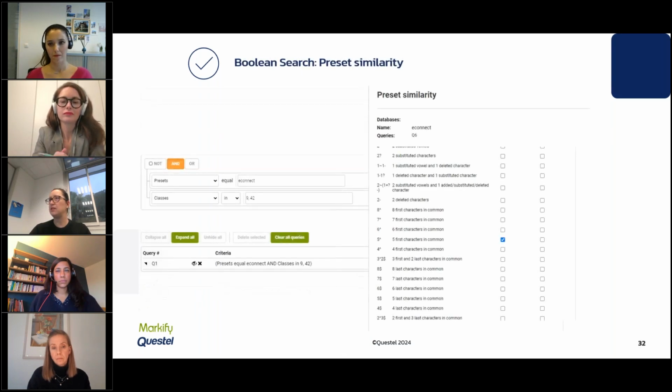And Boolean search is totally different. Opposite philosophy. I do not want to use an algorithm. I want to guide the tool and say exactly what needs to be searched. So example here, I can modify my presets and decide the exact variations I accept for the search.